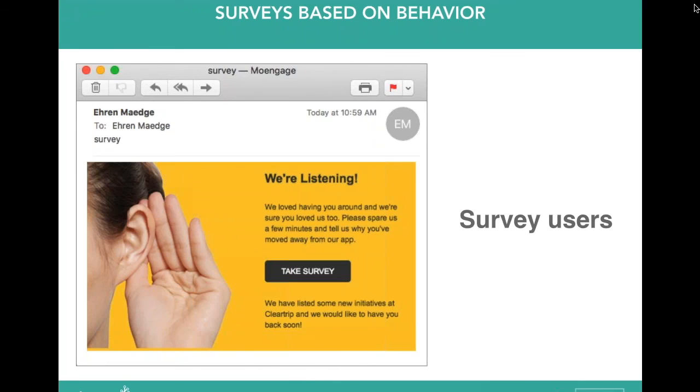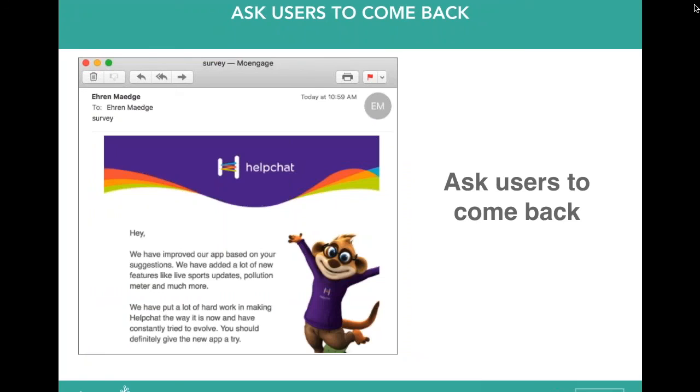Now here's another really cool example of taking things even a step further. Help Chat is a personal assistant app. Now they did something very similar to ClearTrip, in that I think a day or 2 after somebody uninstalled, they delivered a survey to them, and they asked them a series of questions. But here's what Help Chat did that I think really upped the ante. They went further and created